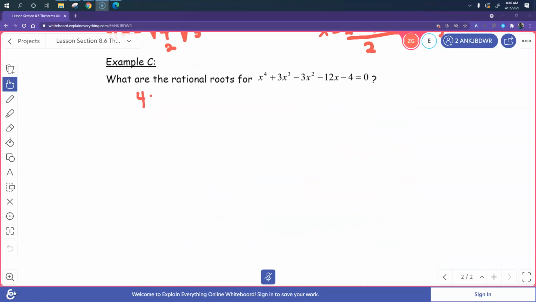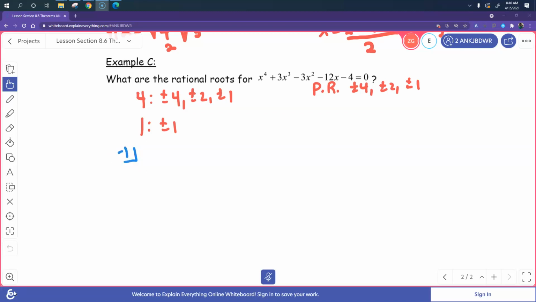We have 4, plus or minus 4, plus or minus 2, plus or minus 1, and then the leading coefficient, plus or minus 1. So what are our possible roots? Plus or minus 4, plus or minus 2, plus or minus 1. We're going to use synthetic division to check. So let's go ahead and use